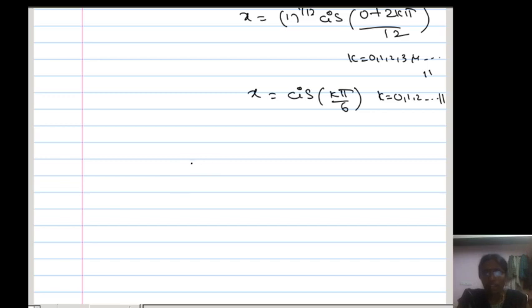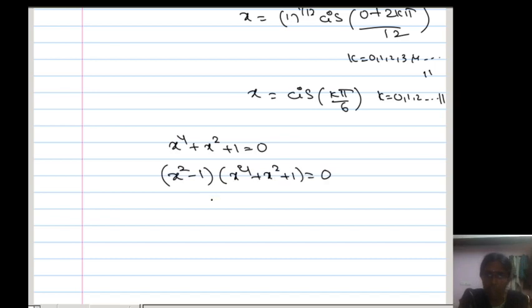Now I want to find the roots of x power 4 plus x square plus 1 is equal to 0. To find the roots of this equation, I want to do a simplification here. I want to multiply both sides by x square minus 1, giving x square plus 1 equal to 0. If you do the product of these two, you get the form a minus b into a square plus ab plus b square. So it is nothing but a cube minus b cube, a minus b into a square plus ab plus b square. By using that formula, a cube means x square cube, which is x power 6, minus 1 cube